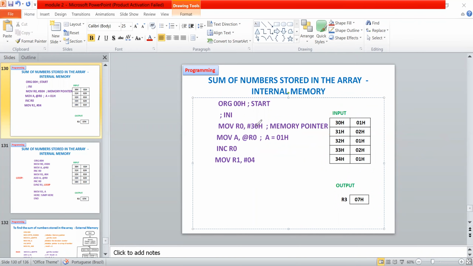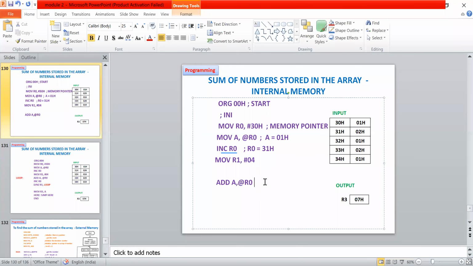So what is my instruction now? My instruction is going to be ADD A, @R0. This is the instruction which I'm going to use 4 times. What is the value of R0 that we incremented previously? R0 is 31H. So if you use @R0, it is going to be 02 now.